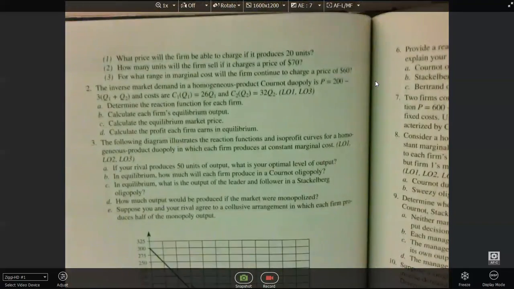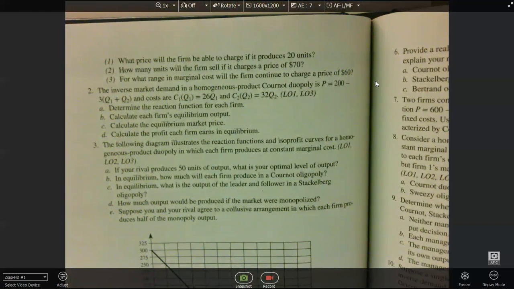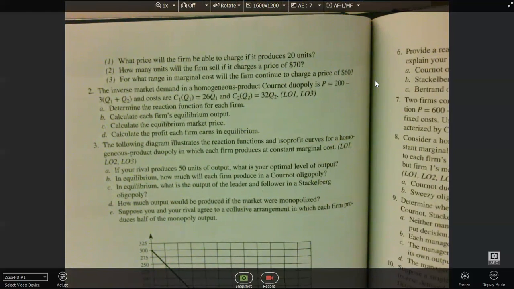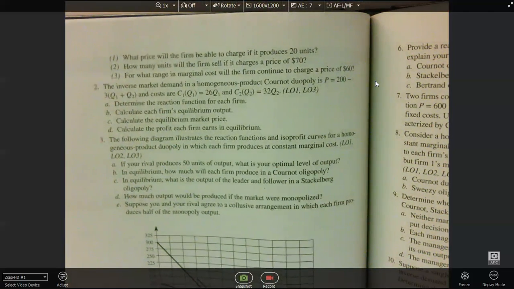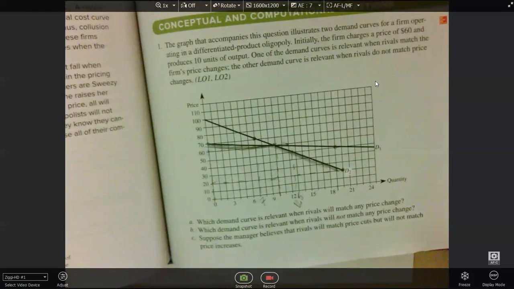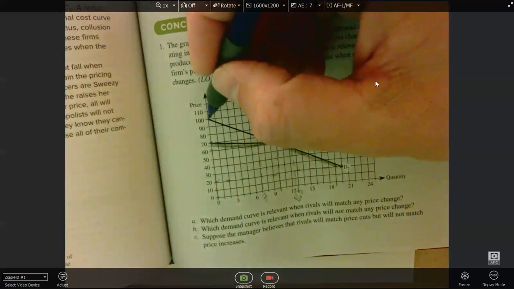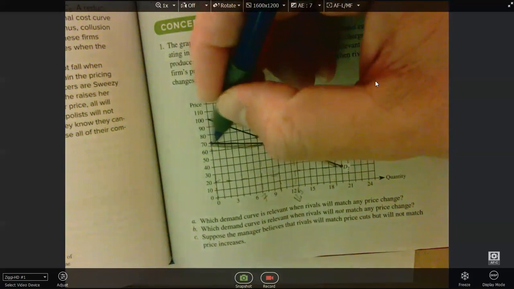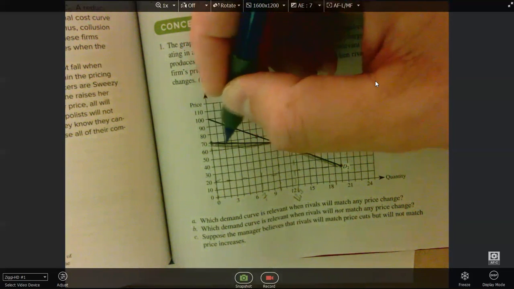And then we're asked, for what range of marginal costs will the firm continue to charge a price of $60? What range of marginal costs? In order to really figure that out, we need to sketch in our marginal revenue curves, right? Marginal revenue is going to start out at the same point, and it's going to